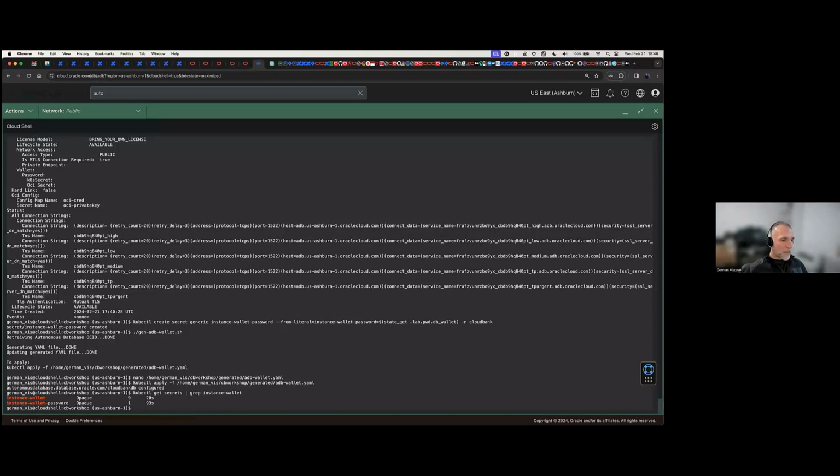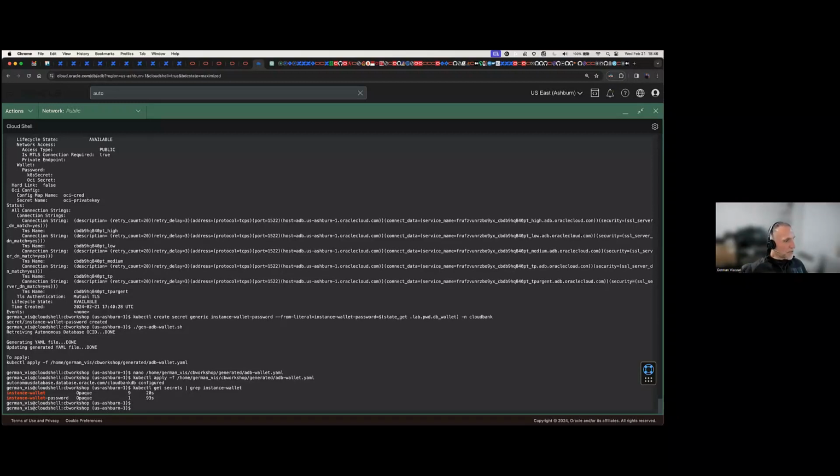All right. So what we're going to do now is initialize the database because we have this autonomous database up and running. We have the wallet of the autonomous database up and running. But if I want this database to run with Cloud Bank, I need to have the necessary roles that Cloud Bank expects. I need to have the necessary users within the database that Cloud Bank expects.